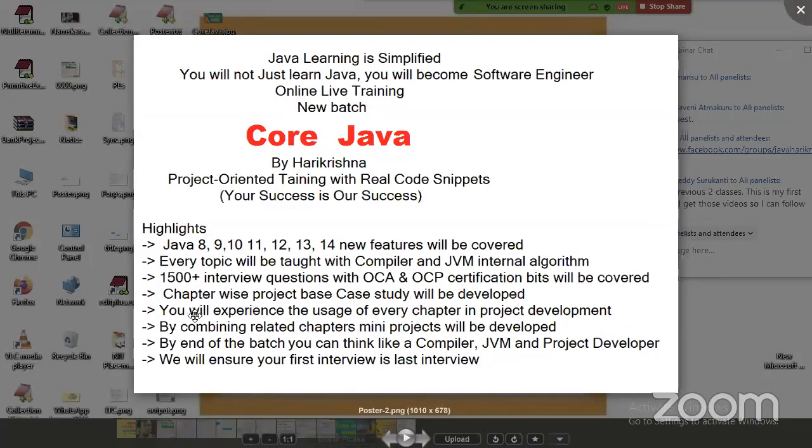You will experience the usage of every chapter in project development. Every day we are going to develop some small projects. And after a few chapters are completed, by combining related chapters, many projects will be developed, so that slowly you get project development thoughts. By the end of the batch you can think like a compiler, like a JVM and a project developer, so that from Java you can move to any other technology.